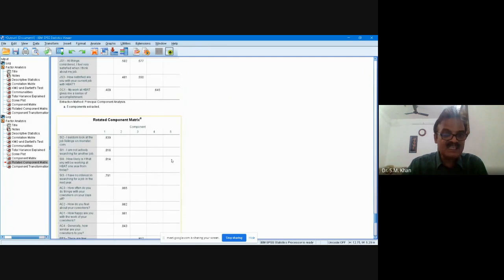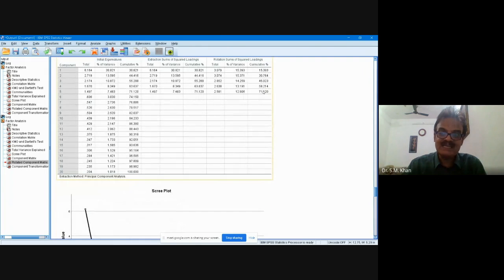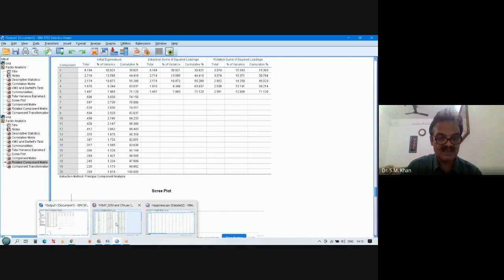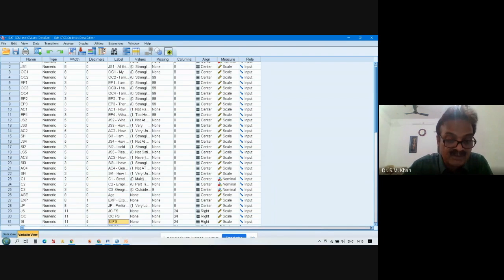Or on the basis of these 5 factors, you are explaining 71.12%. Or you can say this is the construct validity of your test, 71%. The test is measuring 71%. Even if we say 0.71, it is the validity. If the validity is 0.30 and above, then it is highly acceptable validity. In your case, you are getting 0.71 or 71%. So using this part of the discussion, friends, we were able to establish the factorial validity also.